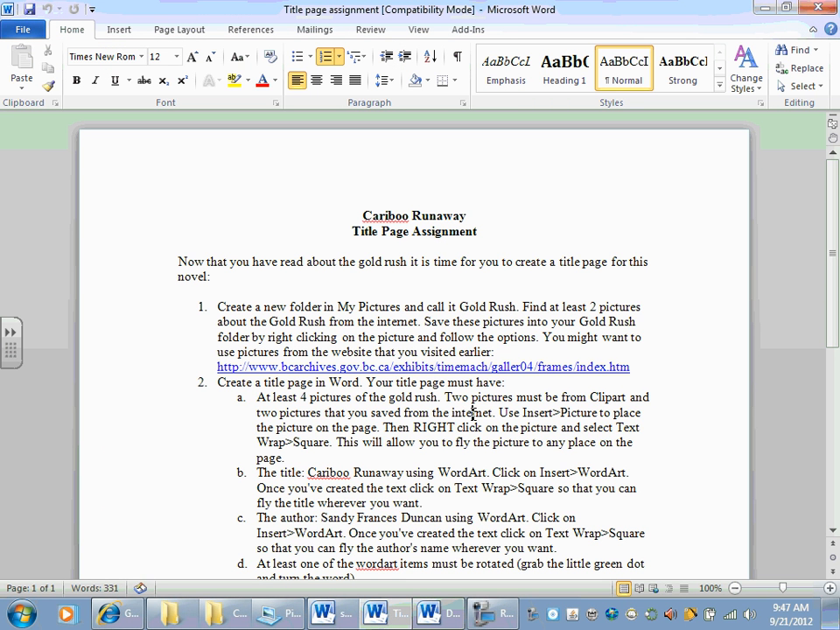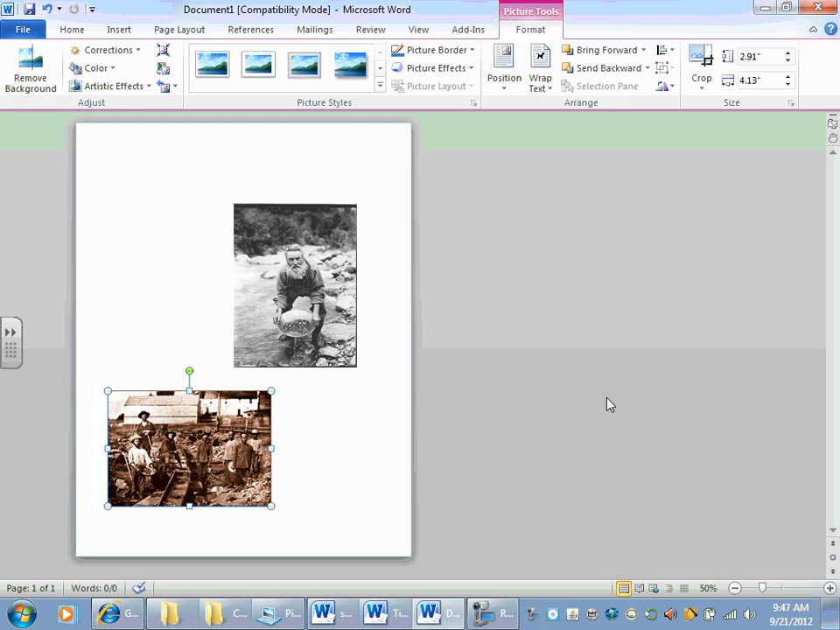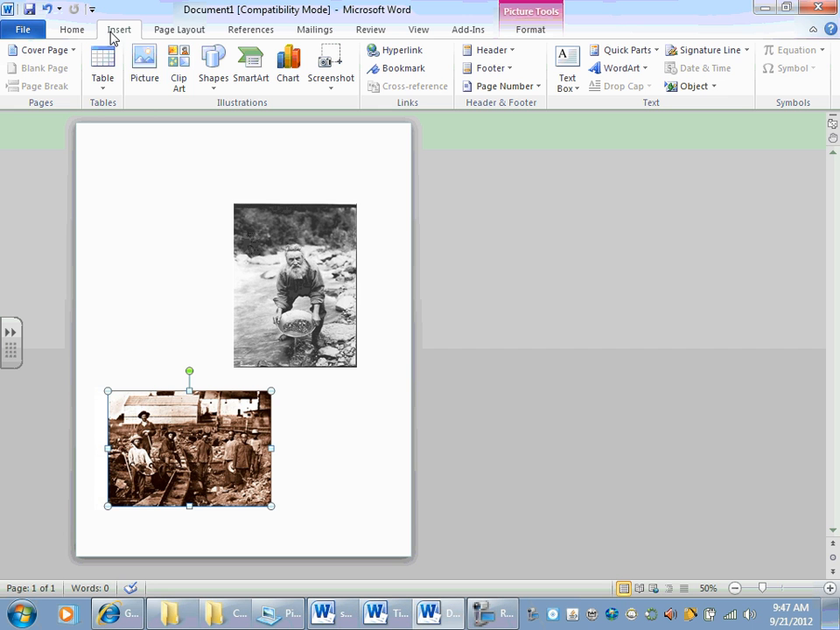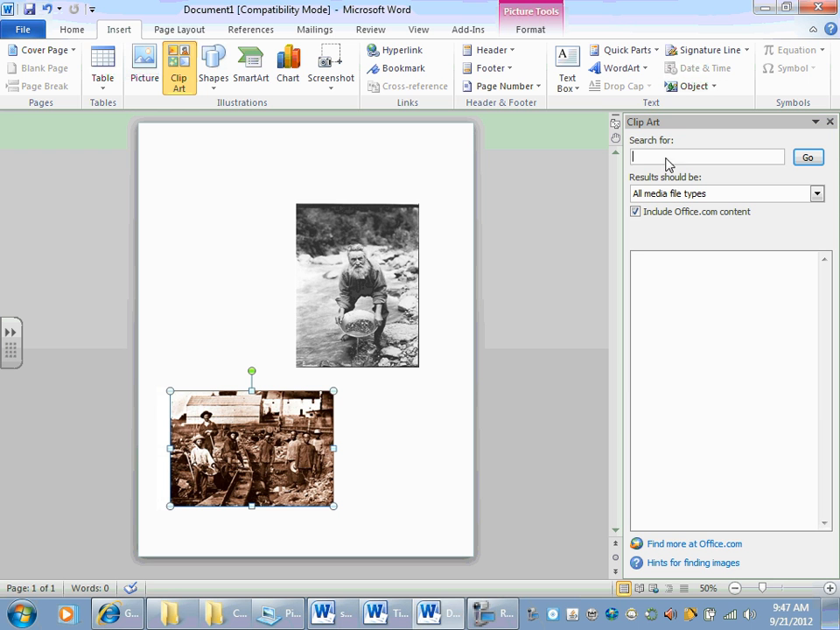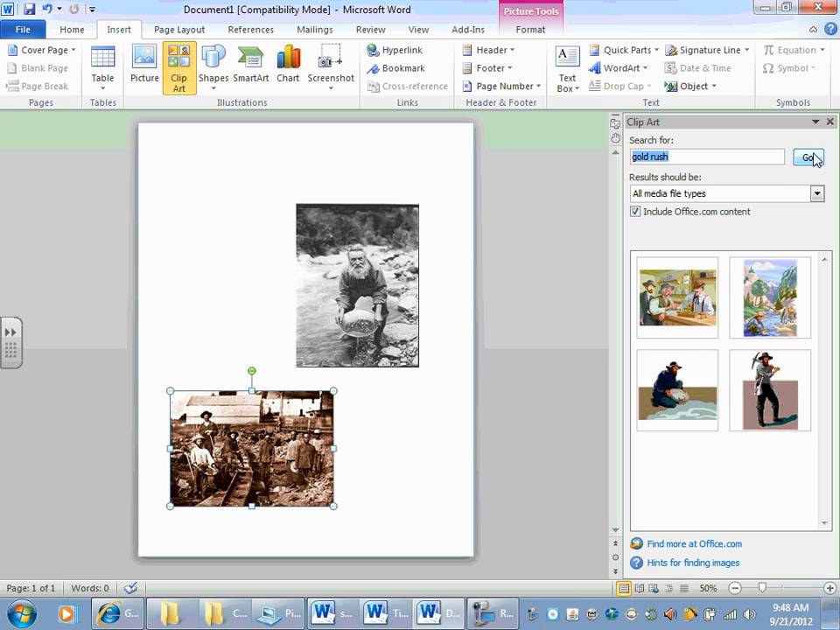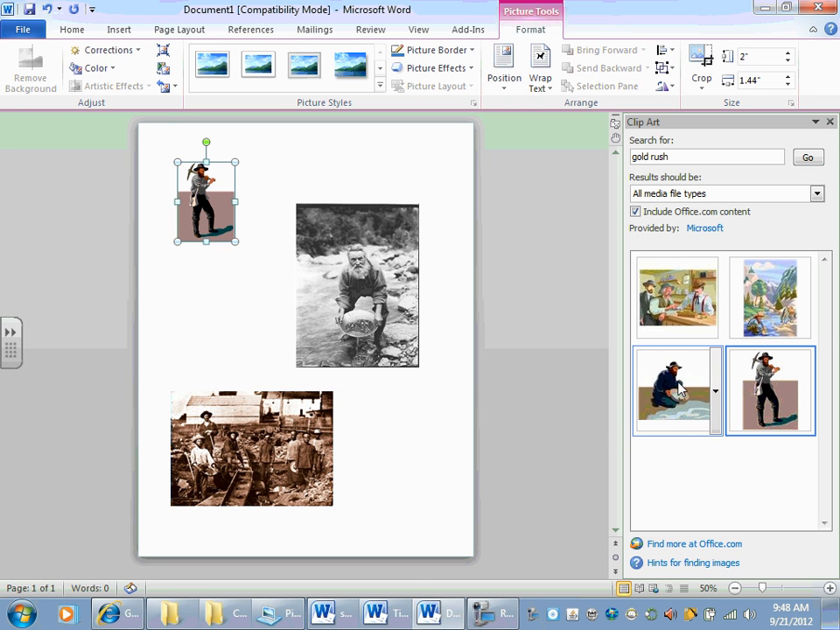So those are my 2 internet pictures, but I also need to put 2 pictures from clip art. So, once again, Insert, but this time instead of picture, I'm going to choose clip art. Click on clip art, and now I have to search for something about the Gold Rush. I'm going to try Gold Rush. I'm not sure if there's going to be any clip art for Gold Rush, but oh, there is. Okay, nice. All right, so I like this guy, so I'm going to just double click on him, and he